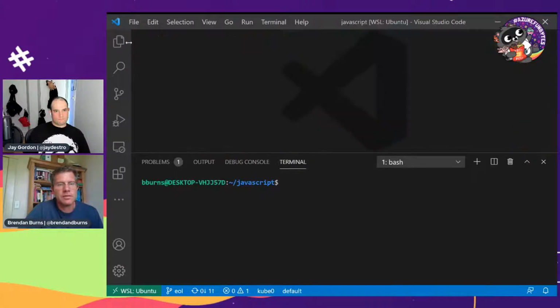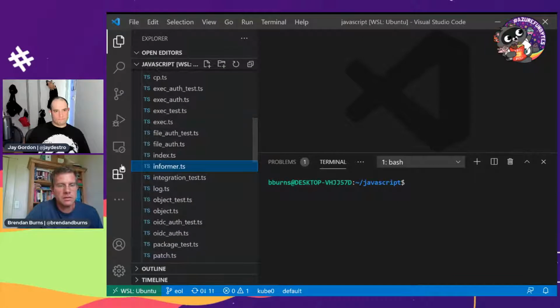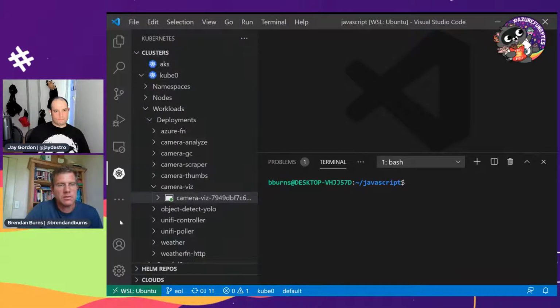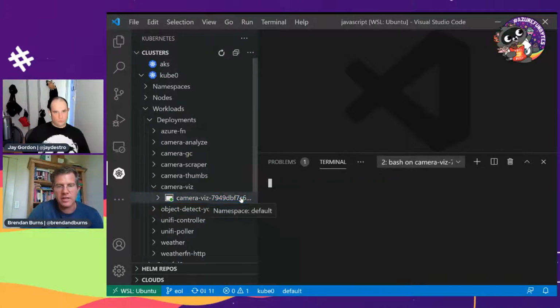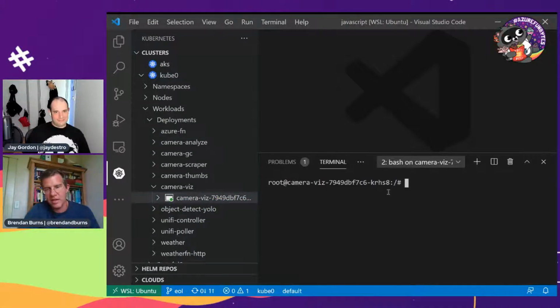But it goes beyond just looking at logs for a container. Let me go back over here. One of the other things you'll see here is I have a terminal. I can go there and it's going to give me a terminal. Now it looks the same, but I'm actually inside the pod, inside the computer that's running in my basement, and I can do whatever I need to do inside that terminal. Again, you could do this through kube control.